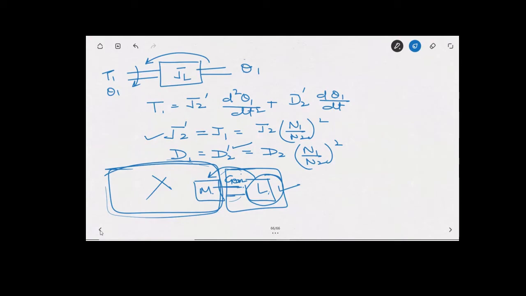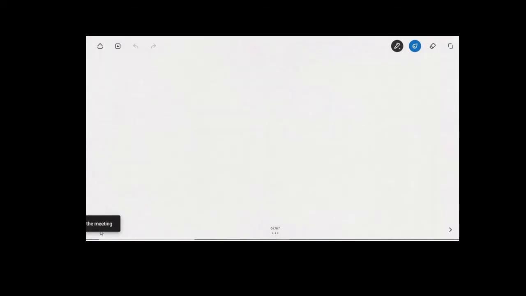So basically we are calculating, or we are finding the equivalent moment of inertia and equivalent friction referred to the primary shaft. तो अब हमारे पास वी हैव टू वर्क इन ओनली वन शाफ्ट. एक शाफ्ट है और मोटर के साथ जो भी सर्किट कनेक्टेड है, उन सर्किट के कंपोनेंट्स में वी नो द ट्रांसफर फंक्शन ऑफ ऑल द कंपोनेंट्स, एंड देन वी कैन डिराइव द ट्रांसफर फंक्शन ऑफ कंप्लीट सिस्टम. So this way we can have the model of this gear. Let us solve a problem and see how.